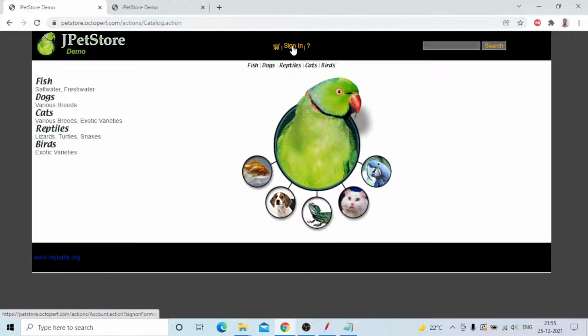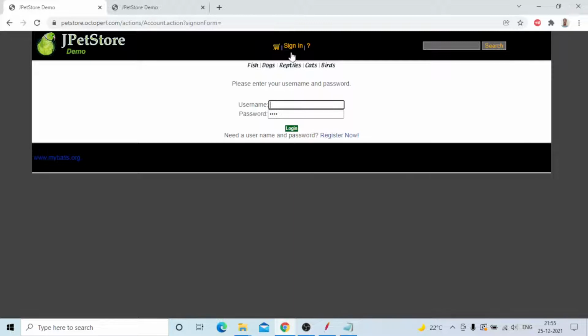After that, click on sign on. Username is J2EE, and password is also j2ee, for a Java application.